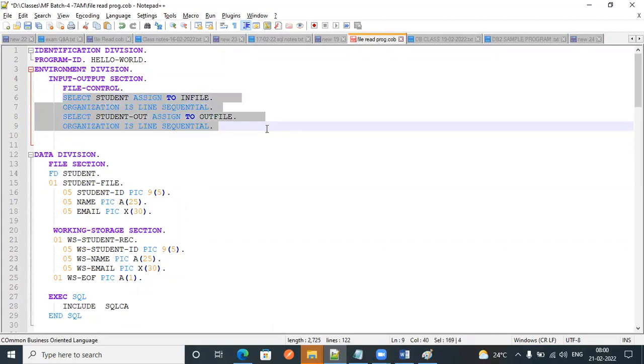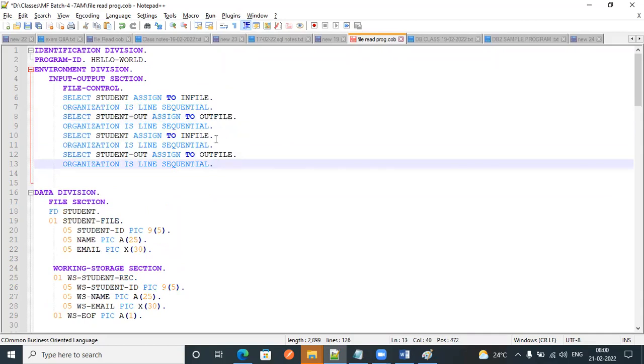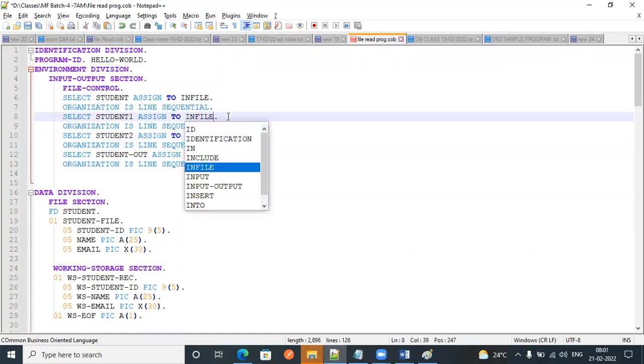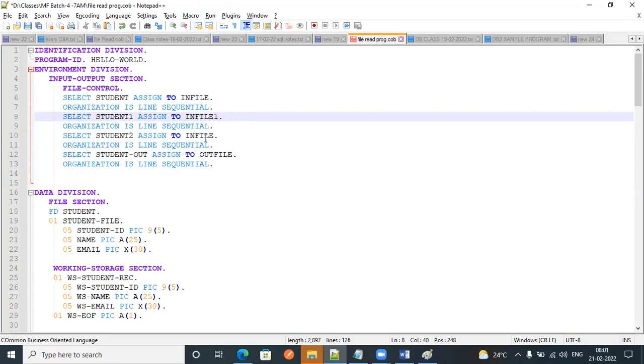Suppose my requirement is, I have 3 input files: student, student 1, and student 2, in file 1 and in file 2.